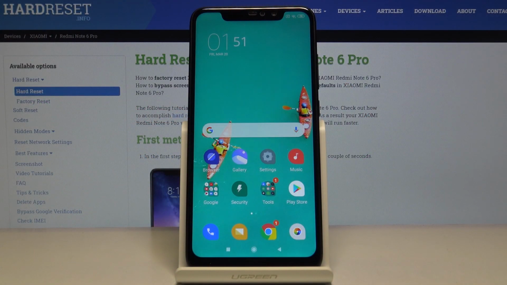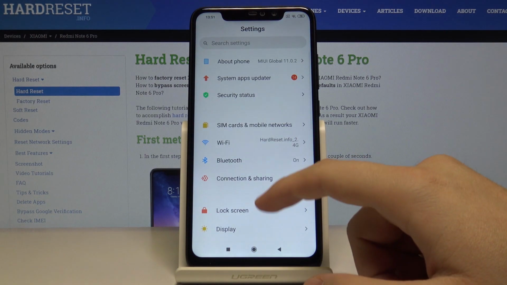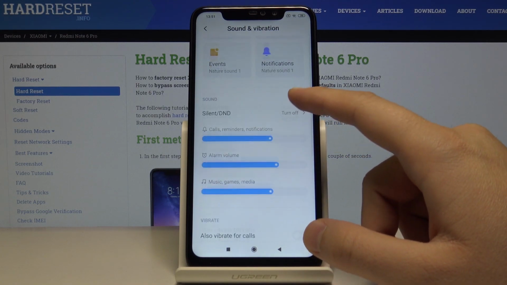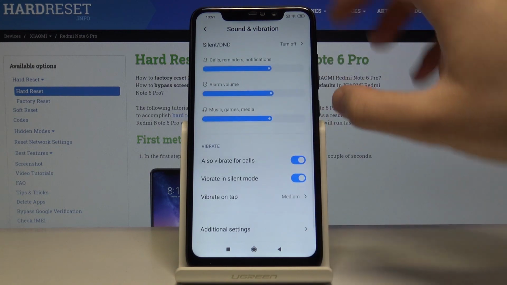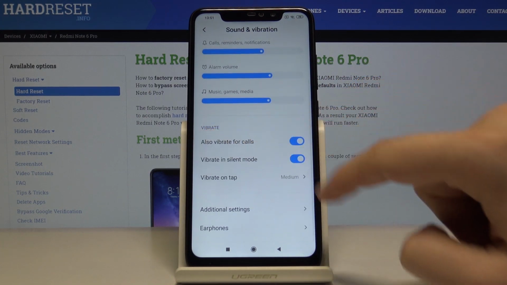Welcome. If you want to manage the vibration settings on your Xiaomi Redmi Note 6 Pro, let's start from opening Settings, and then we have to move to Sound and Vibration. Scroll down. Sorry, my mistake. I just click on the alarm volume, and right now, as you can see, there is the vibration section, and